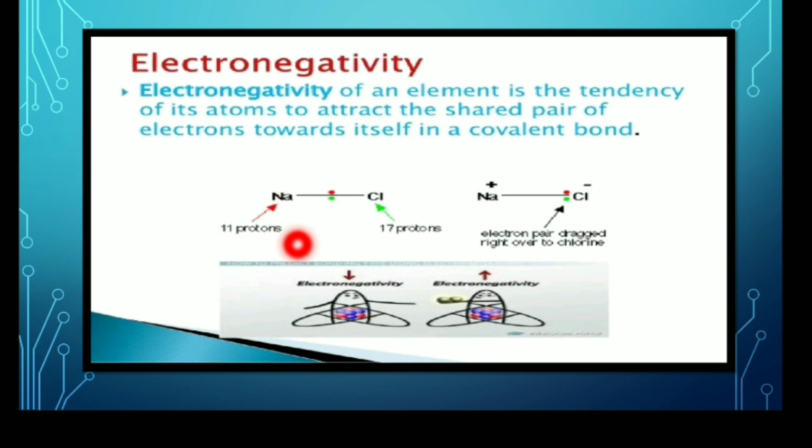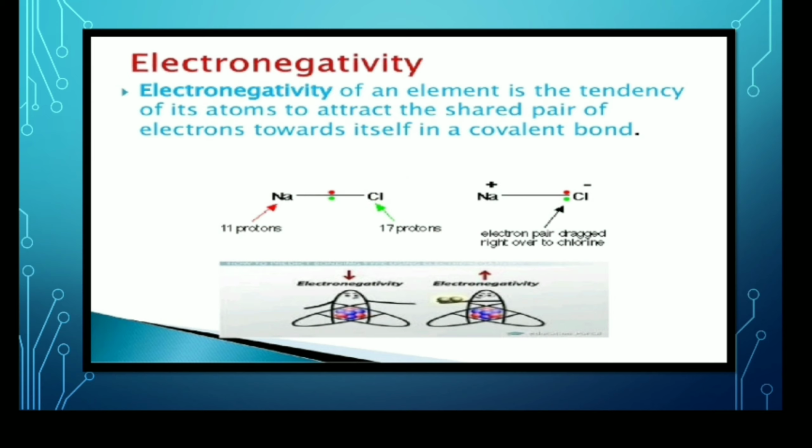See the example given below. Sodium atom is an electropositive element. It consists of 11 protons, which is equal to 11 electrons. Chlorine consists of 17 protons, equal to 17 electrons. So the one extra electron of the sodium is attracted towards the chlorine. Chlorine attracts the extra electron from sodium because, in order to complete its octet, it wants 1 electron. It has 7 valence electrons, so it needs 1 electron.